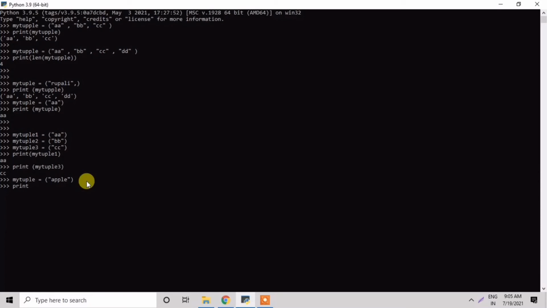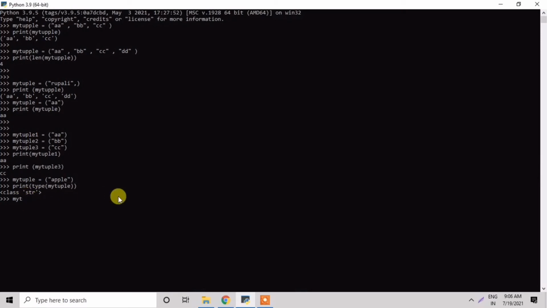I will write in the round braces the type of my tuple. The type of my tuple is, for example, a string. Apple is known as a string, as characters.